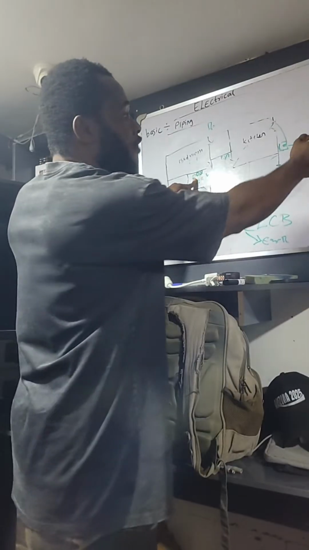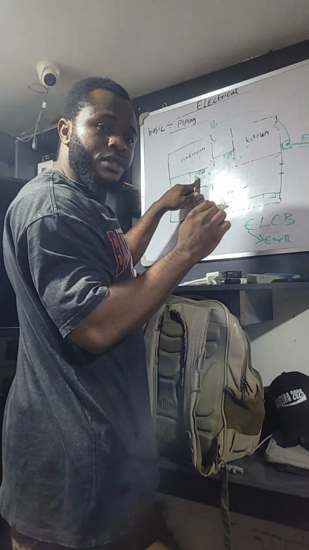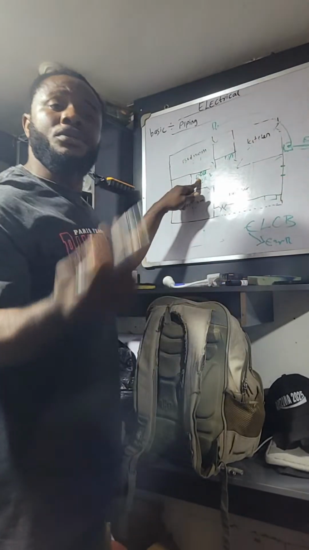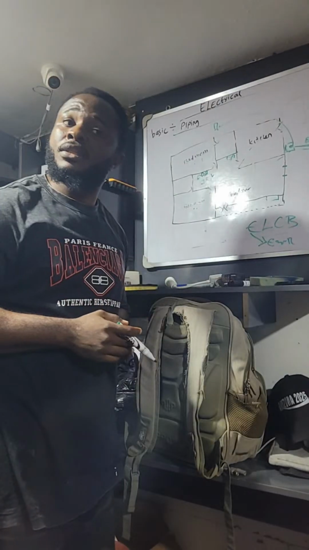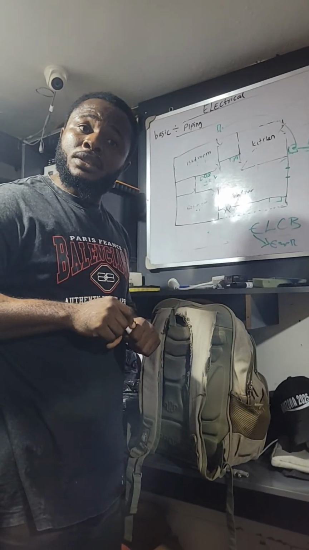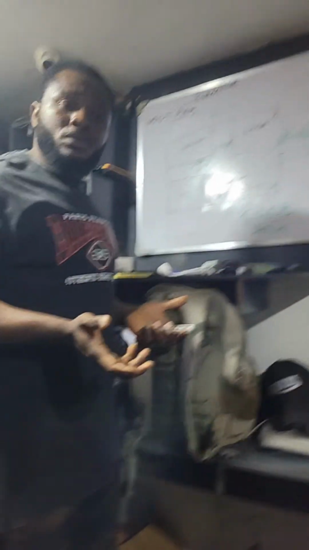If there's a breach, this guy will trip. You get the point? If there's a breach in our house, this guy will trip. Mind you, the fuse and base does not trip anything. Fuse and base is just like a gear switch for you to be able to fuse out and work. So not because you have fuse and base here,